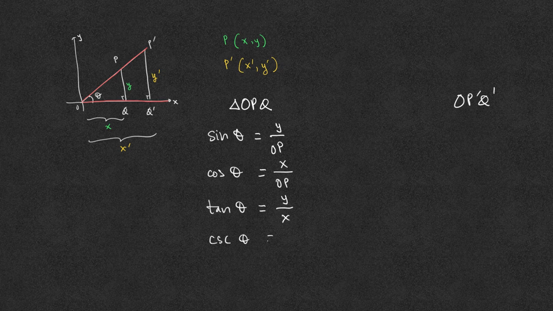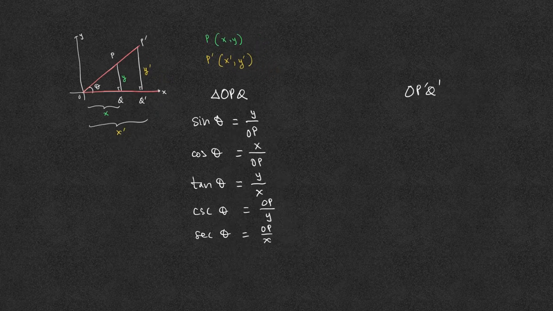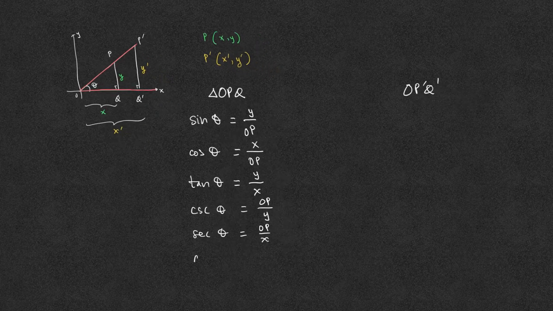Cosecant of theta is therefore OP over y. Secant of theta is OP over x. And cotangent of theta is the reciprocal of tangent of theta, which is x over y. Using the laws of right triangles,